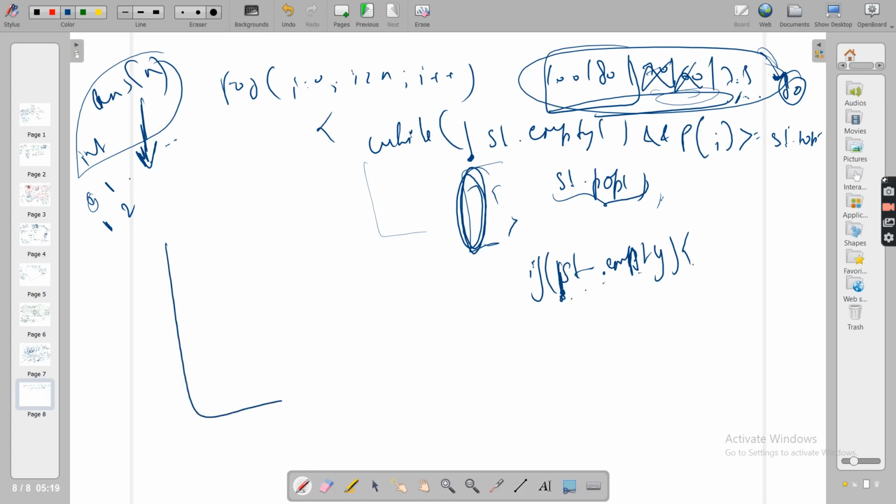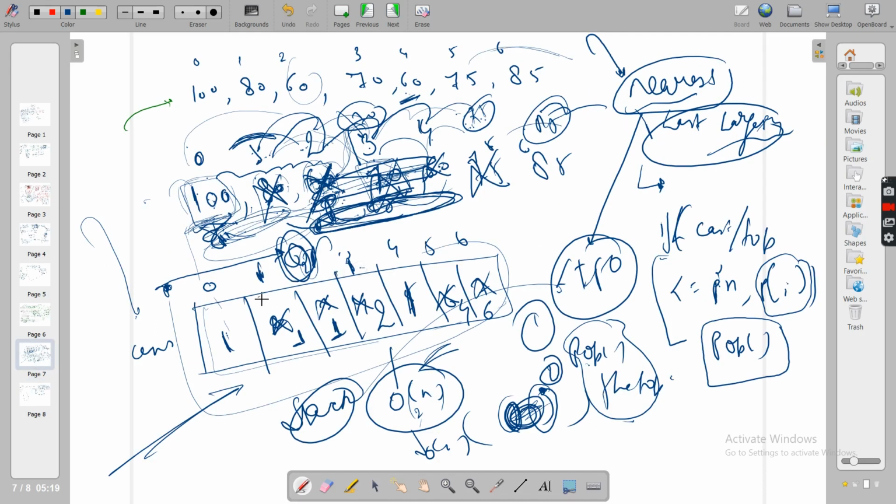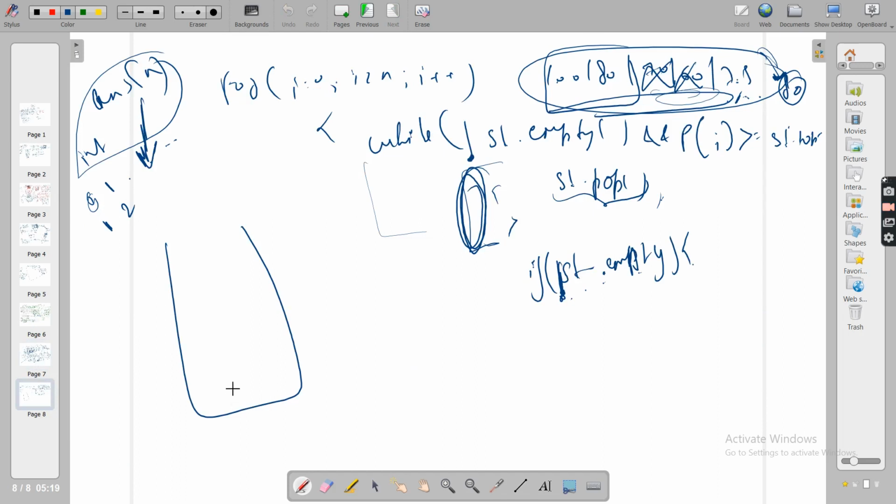Look, in a stack, guys, we are not actually storing these elements, because what we actually want is indexes. Here 3 minus 1, 4 minus 1. So we want indexes, not the elements. We'll push the index here, not the values, because using these indexes we can obviously get the elements: p of 1, p of 2.